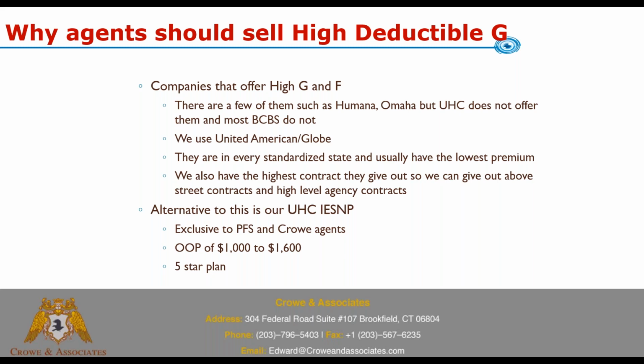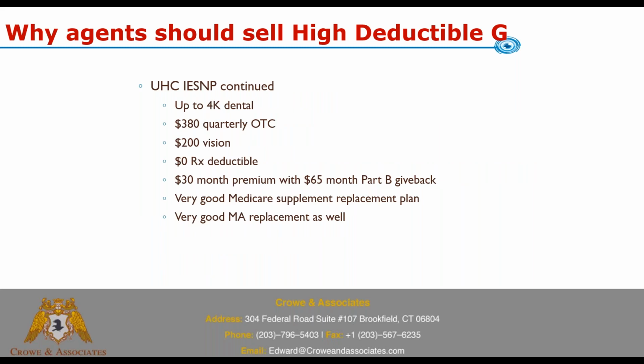We do have one alternative to that. We obviously have exclusive access to the UHC IESNP plan. It's exclusive to PFS and Crowe agents. It's an Advantage plan that has an out-of-pocket max, depending on your state, of $1,000 to $1,600. It's a 5-star plan. It has a lot of dental, 4K of dental, $380 quarterly OTC in some areas, $200 of vision, no RX deductible. Even in Connecticut, for example, it has a $65 giveback. So you've got a plan that has a super low out-of-pocket,